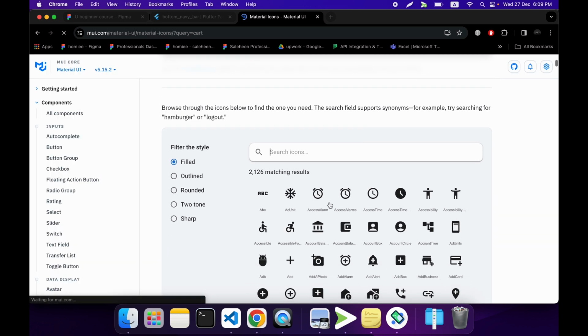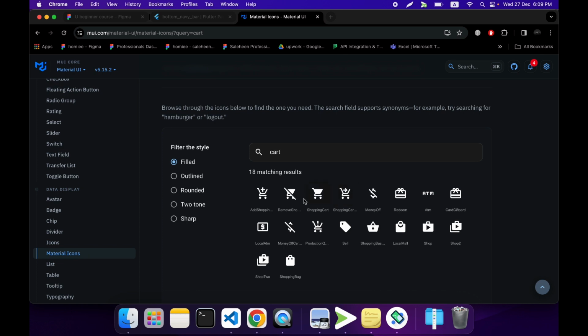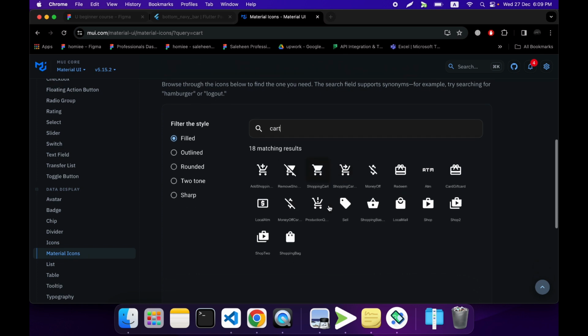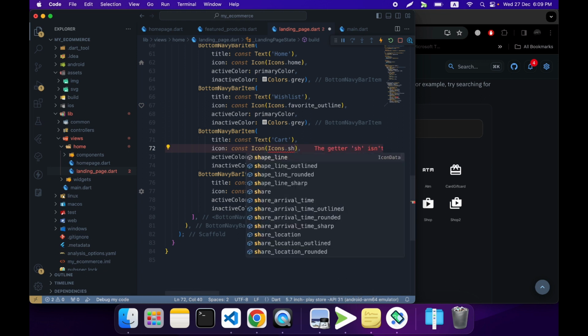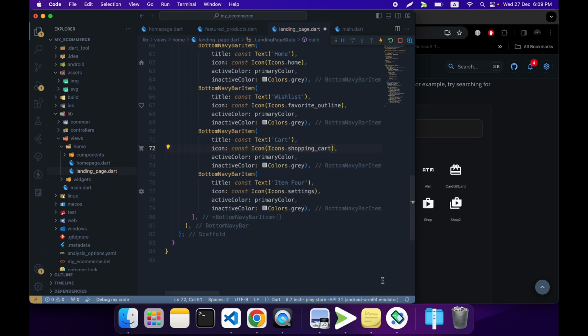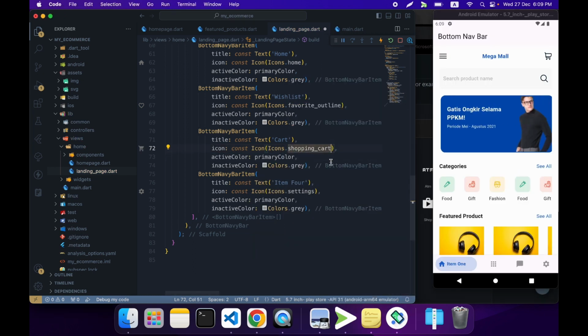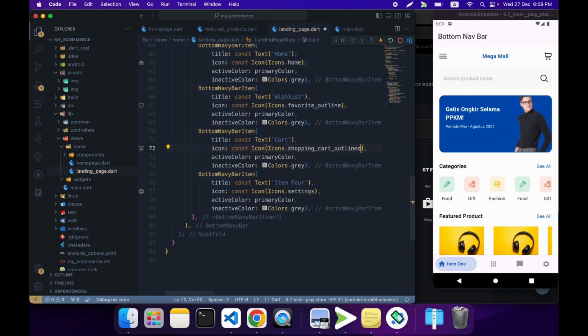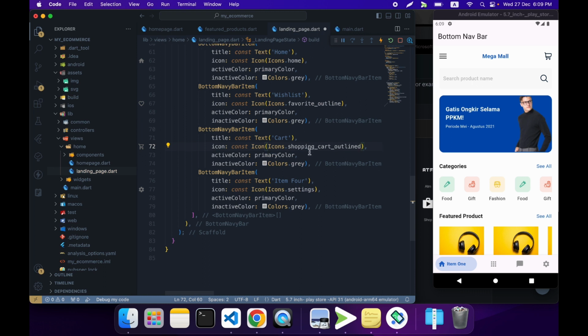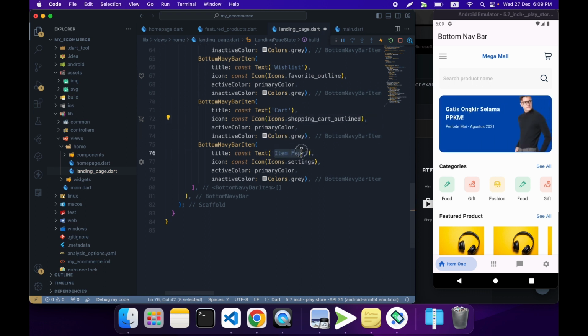Okay, we can see there are some cart icons available, and their name is shopping cart. So now we can just simply go to our code and search for shopping cart, and the shopping cart is right here. I think it should be outlined. Let's see if we have an outlined version. Yes, we do. For the fourth one, I will call it